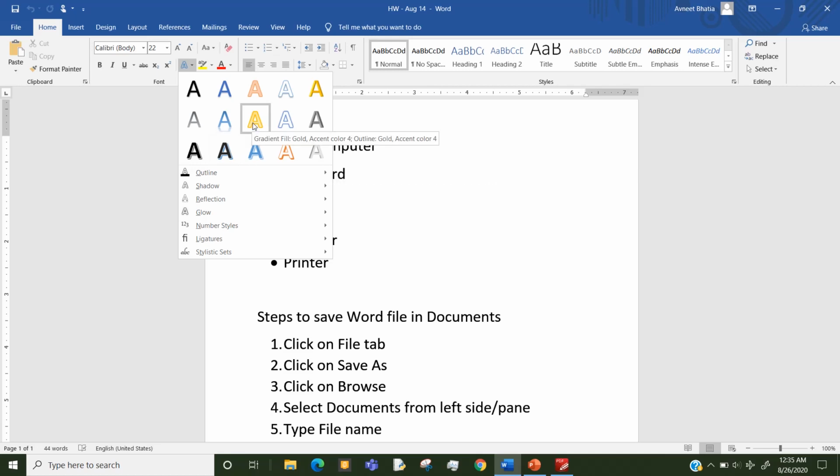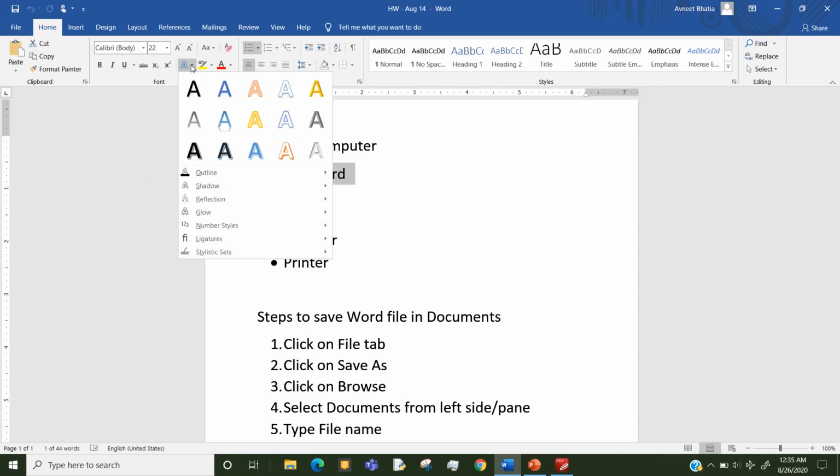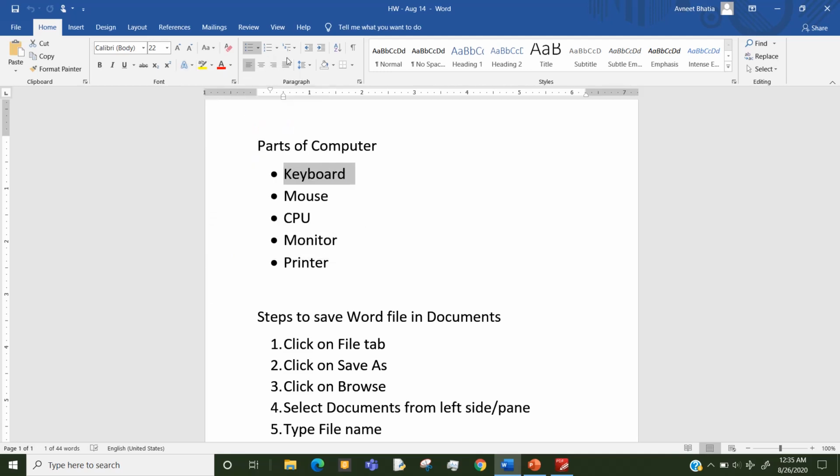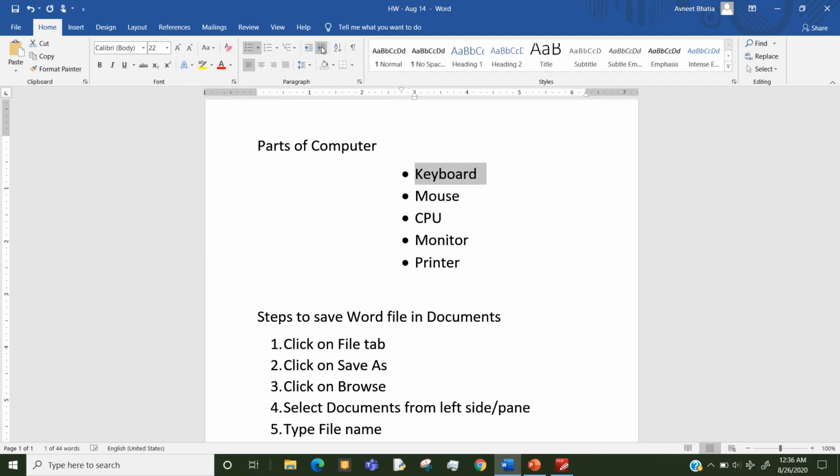So step 1 is select the text. I'm selecting this first one, keyboard. Now click on text effects drop down. This drop down is covering my selected text, so I am moving my text to the right. This much is fine. So now step 1, select your text.